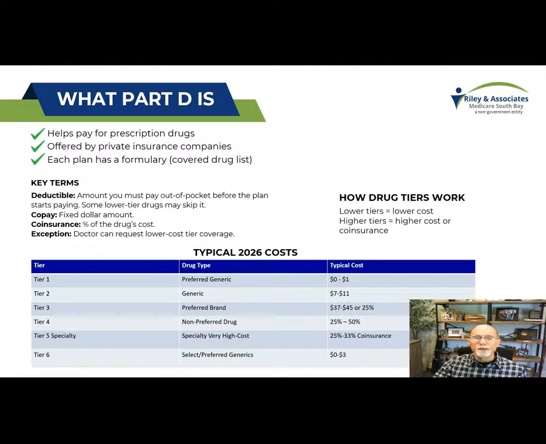Moving on to Part D. Part D is your prescription drug plan. So when you sign up for original Medicare Part A and Part B, you will also sign up for Part D at the same time. So either you're going to purchase it separate with your supplemental plan, or it's going to be included in your HMO Advantage Plan Part C. So just a few things here to point out. It works just like an HMO.